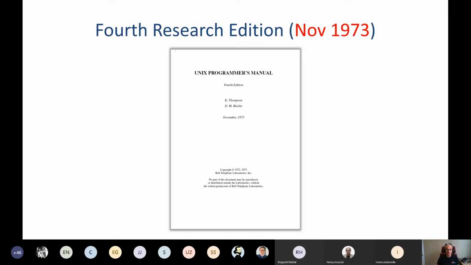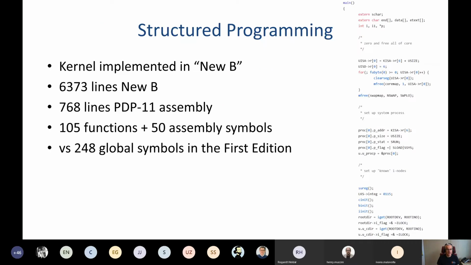The fourth research edition, 1973, was implemented in a language called New B, and it brought structured programming with it. It had about 6,300 lines of New B and just 700 lines of PDP-11 assembly. So most of the system got implemented in a higher level language. And this gives us about 100 functions and 50 assembly language symbols for the kernel, rather than 250 global symbols